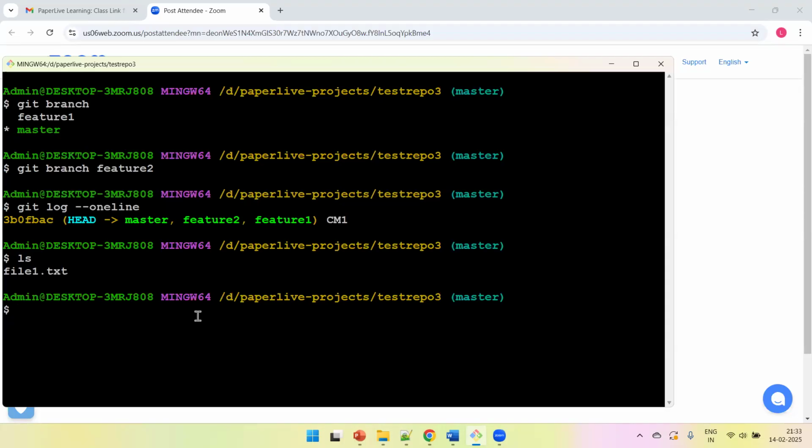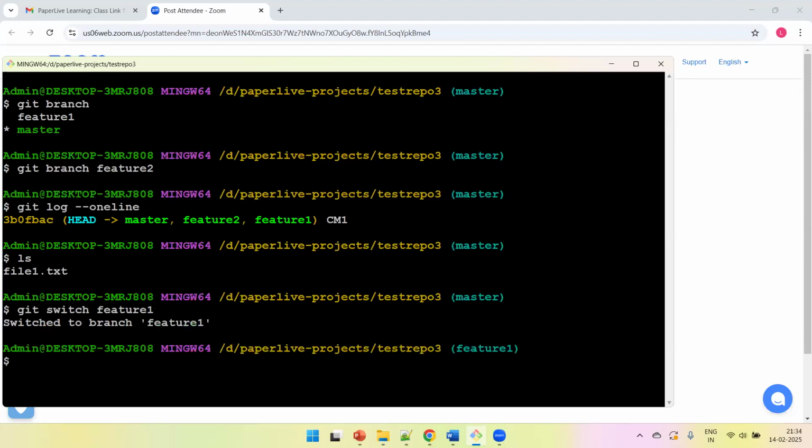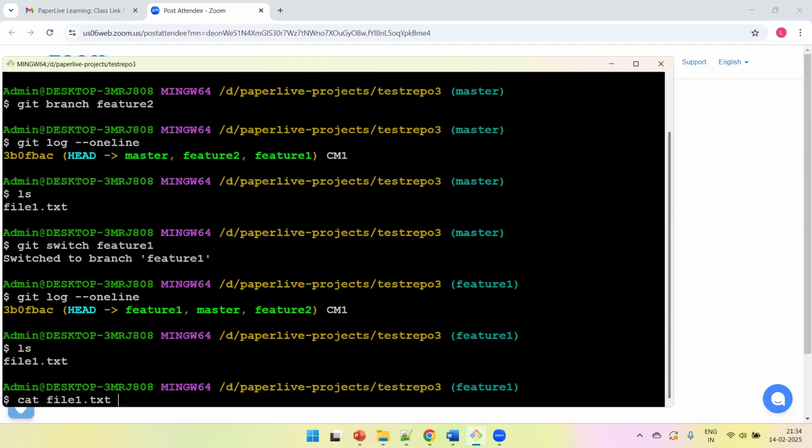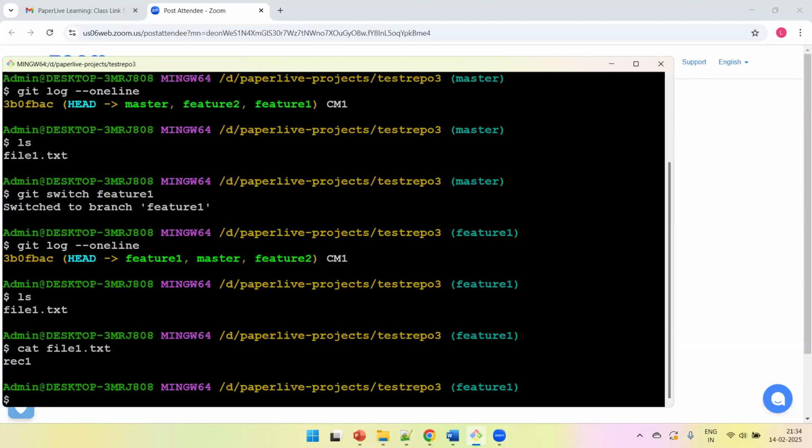All right. So now, let's get into feature one. Git switch feature one. Control is switched to feature one. And if I say git log, I can see feature one and master branch are in sync. And if I say ls, I have the same file which we created in the master branch with the same record. Now, if I want, I can create a new